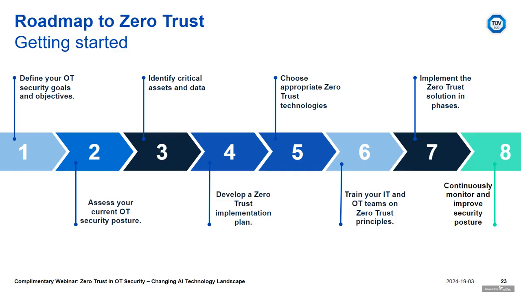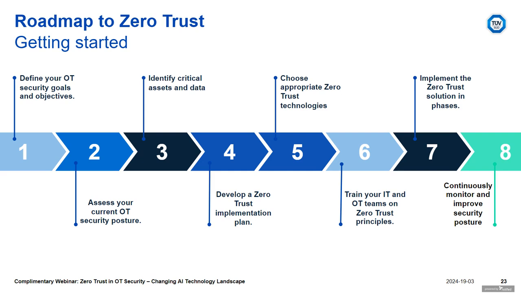Develop the implementation plan at this stage, as you have identified your assets, your goals and your posture. Develop the implementation plan for your zero trust. Choose appropriate technologies which already exist in your environment, and if you are open to adopting certain new technologies or gateways, they can help you manage faster. But it is not necessary to deploy new technologies to achieve this principle. It can start with already onboarded technologies where you can elevate your security, and then you decide how far you are from your target level of security.